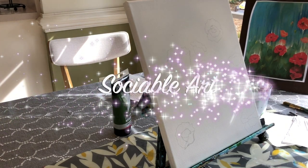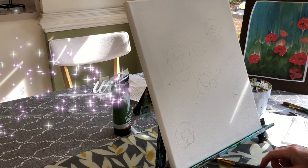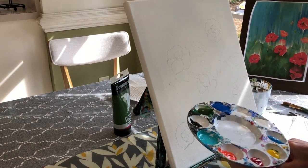Today I'm going to paint Poppies in the Rain, which is a painting that I created about 5 years ago. So hopefully I can remember how I painted it. I'm going to use